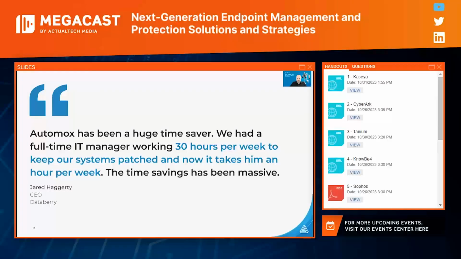That's really the end goal. When I came up through the ranks of IT, we would have a team dedicated to applying updates and keeping things within the configuration state that we desired. And instead of having a dedicated team, this is a small part of one person's week now. That's a game changer, especially if you have a smaller IT staff.